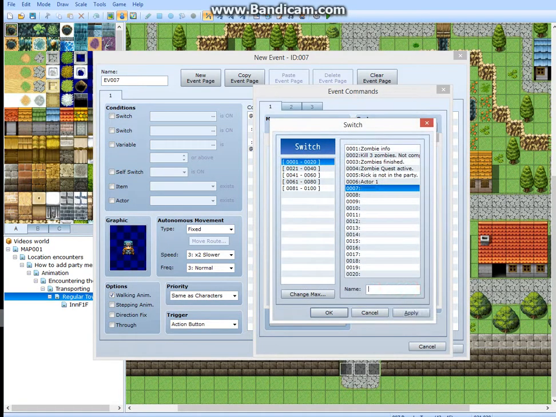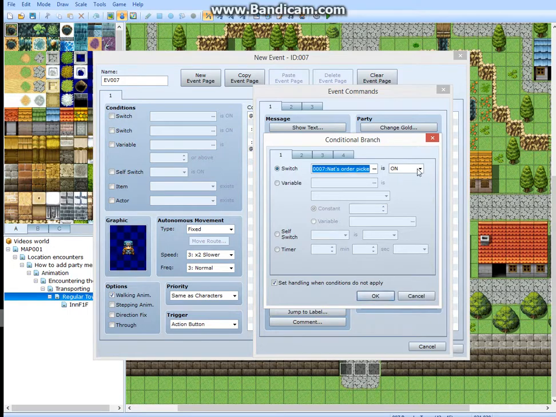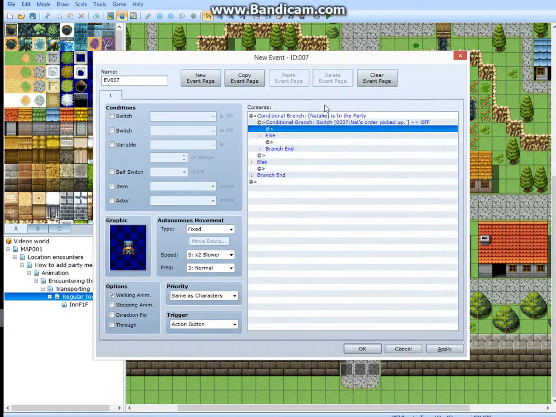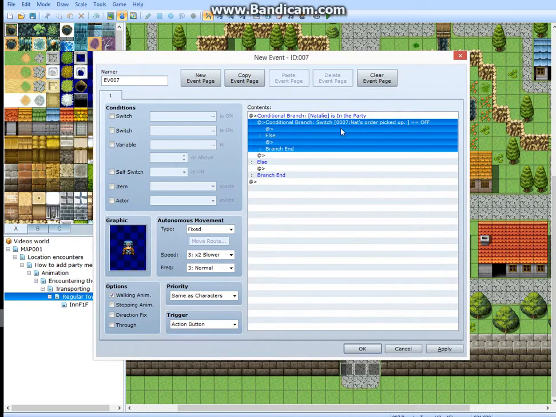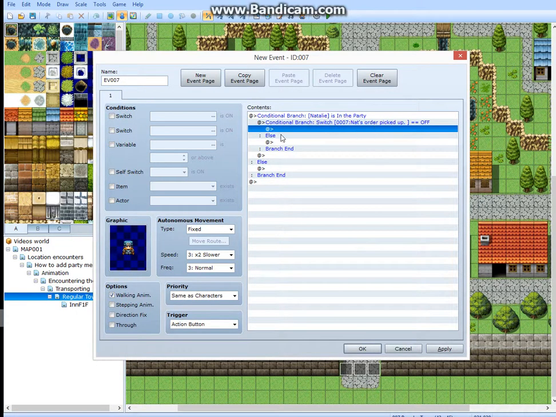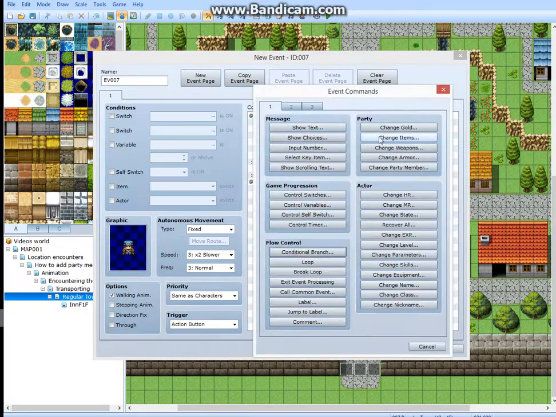And it's going to be called Nat's order picked up, and it is off. So when Natalie is in the party and she has not picked up her order, you are then going to